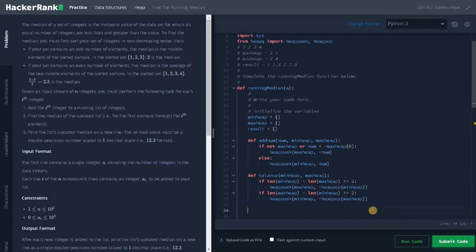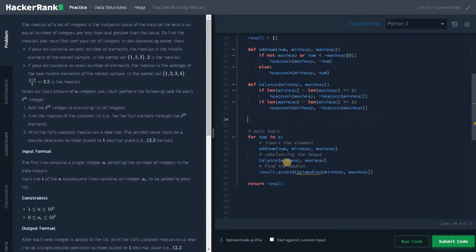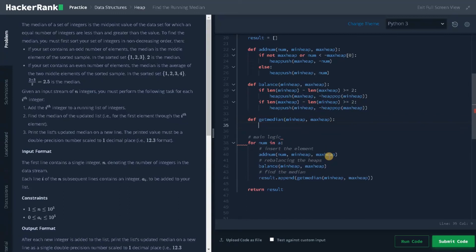And lastly, we need to complete this get median. So def get median, min heap comma max heap. The first condition will be if both the heaps have an equal number of elements, we will get the root of both the heaps and average it.